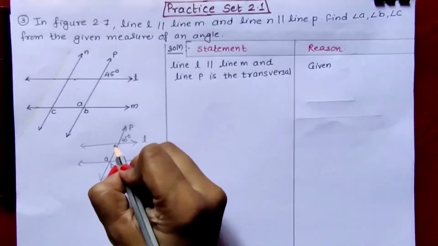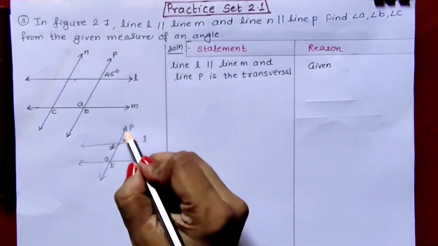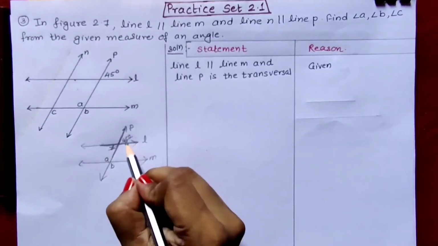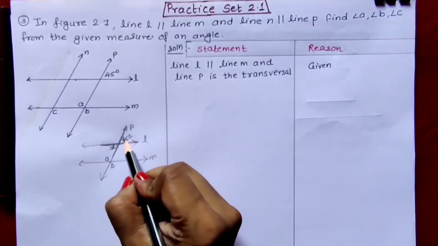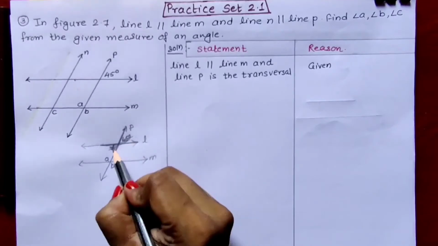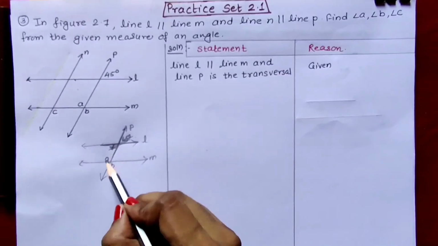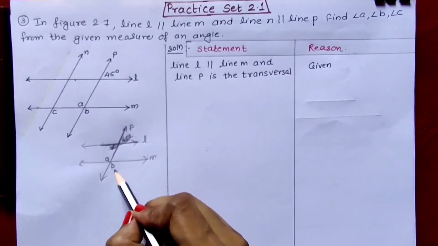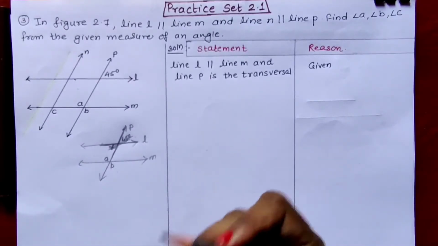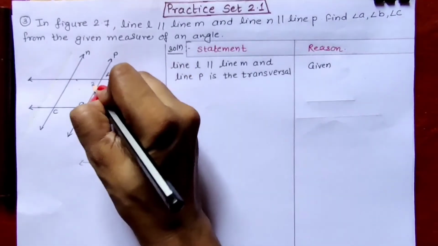So instead of that, if you write X here, this X and 45 will be vertically opposite angles, because we can see that they are in the figure of X. And in the figure of X we can see that the angles formed are vertically opposite angles. So 45 degree and X angle will be vertically opposite. And from this X we can find out A, because X and A are interior angles, and from A we can find out B, because A and B will be vertically opposite angles. So in this way we have to imagine any one angle, and we have to take its value as X. So I will be taking X angle here,